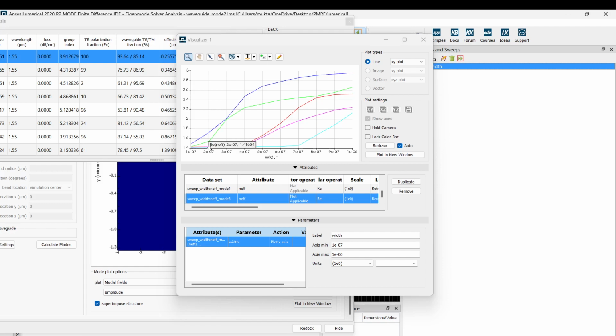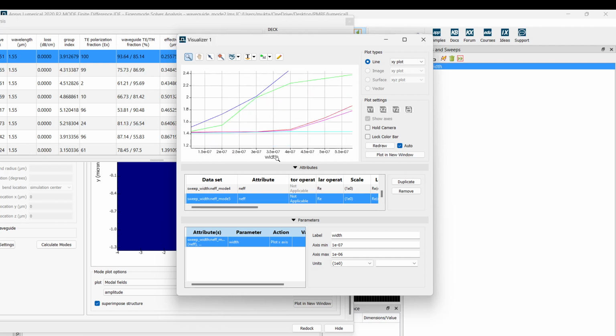So, for a waveguide width, let me zoom into this region. Okay. So, we want n effective to be higher than 1.55. So, for waveguide width below, say 150 nanometers, we only have the blue line that is above 1.55, right?